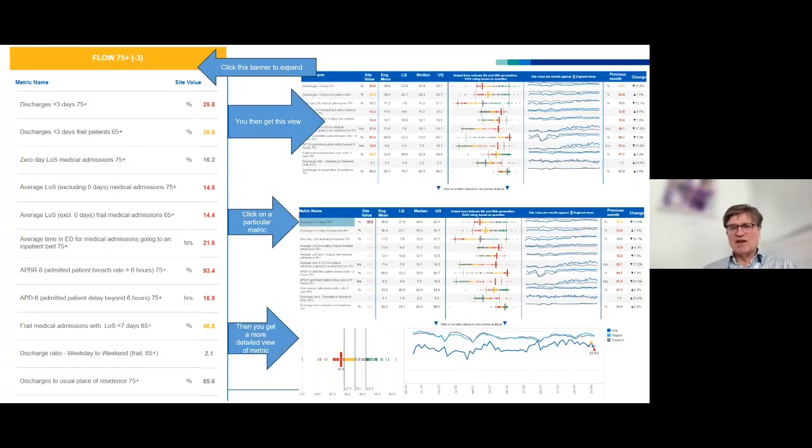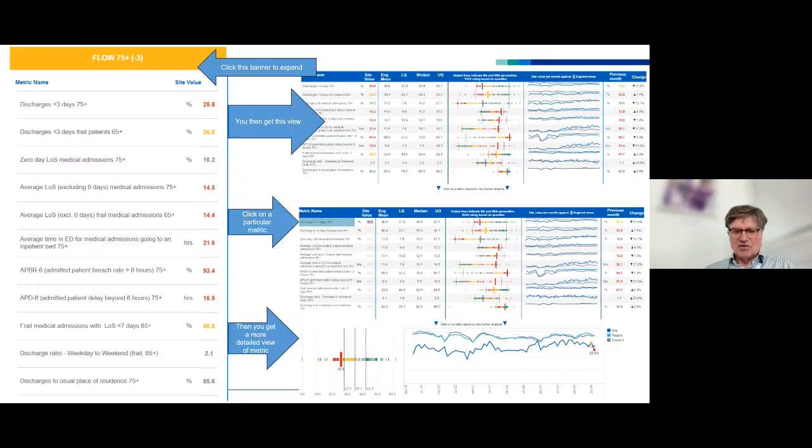But more interestingly, as well as which quartile you're in, you get the box and whiskers chart as to where you are within that quartile, because you may be in the lowest or highest quartile, but exactly where you are within that. So you can identify, are you actually in the top or bottom decile within this? And then on the far right, if you go to the bottom, you click on the metric and you will see there in red,